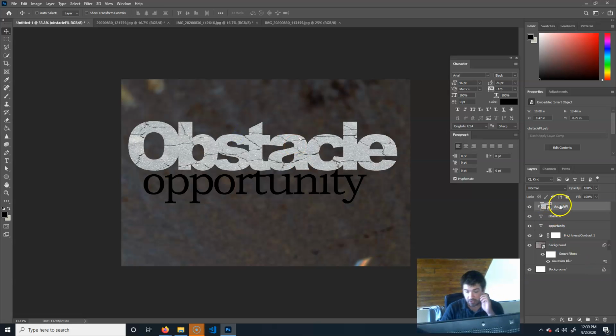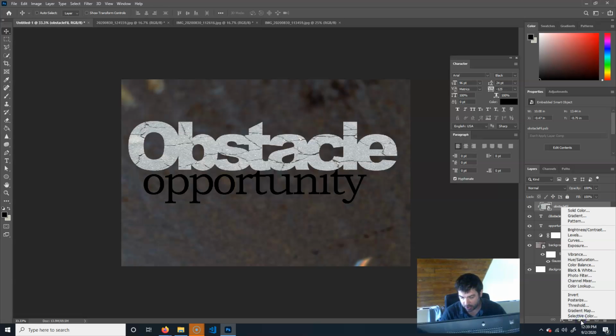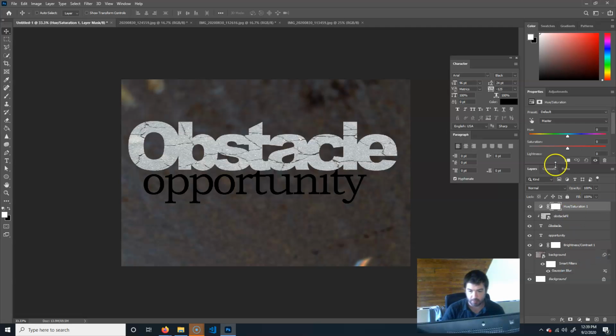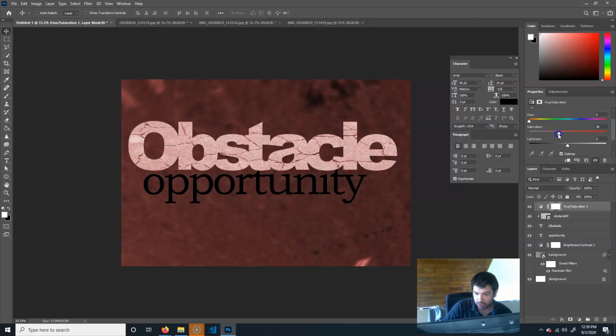And now with this, I can go ahead and do other things. I can go to my adjustment layers, and this is going to be useful for you as well. I'm looking at this, and that color is not that great, so I'm just going to do hue saturation, and I'm going to choose colorize so that I can apply a color to it. Let's saturate a little bit more, and blue typically makes things look like they're structural, so I'm going